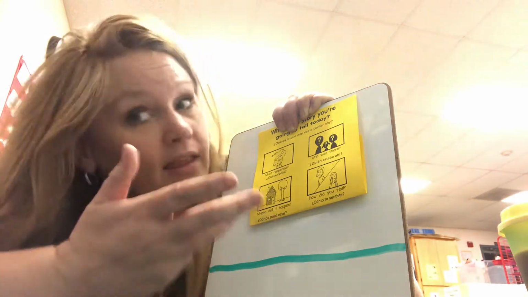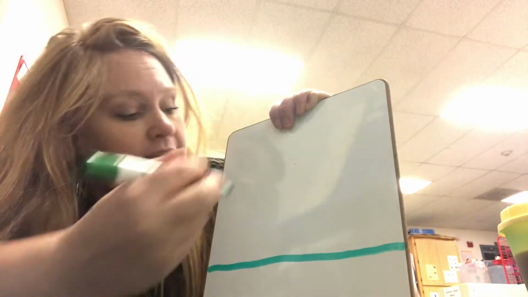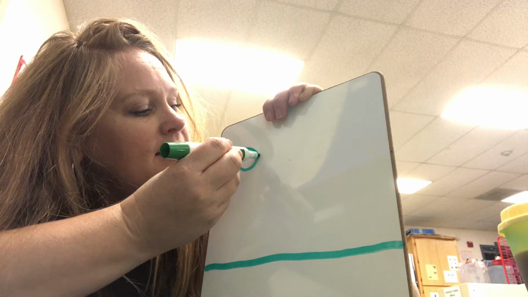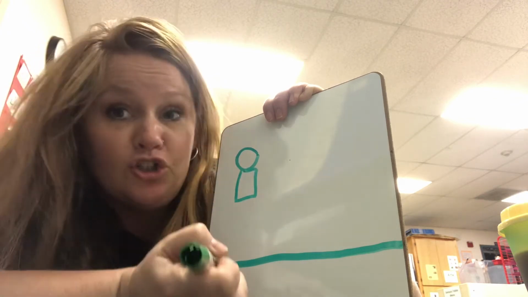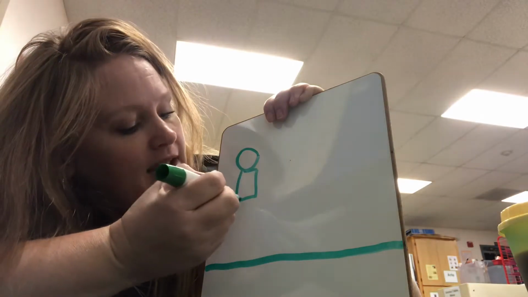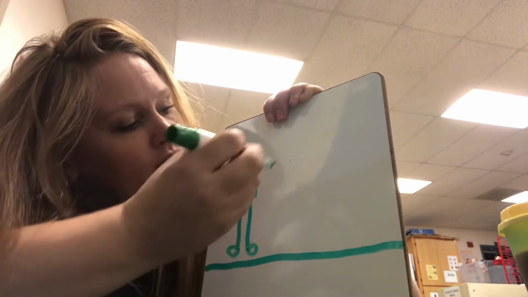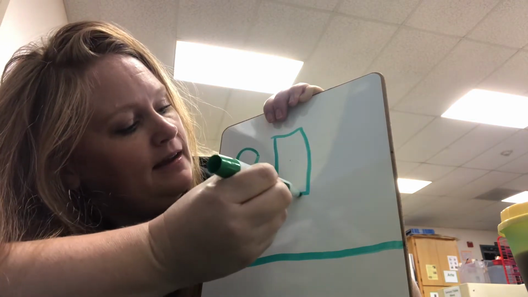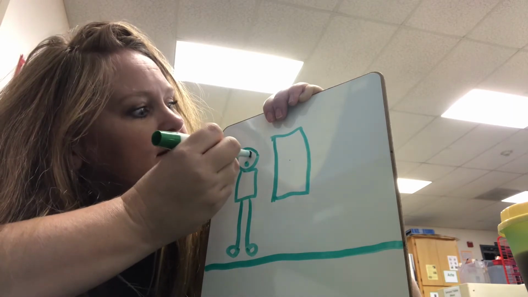I can't draw all of that in here, so I'm going to use a picture to represent part of the story. It's always going to have me in it, so I'll start with me. Here's my head. Here's my body. Nice little circle rectangle there. And I was looking out the window, and I felt so surprised